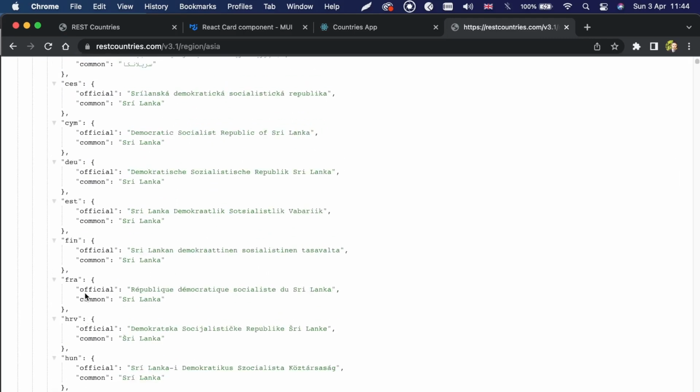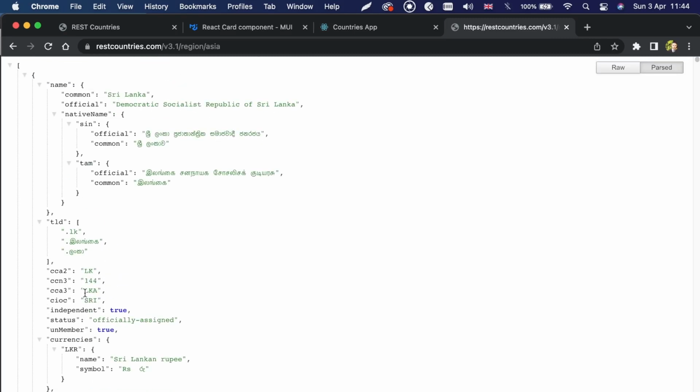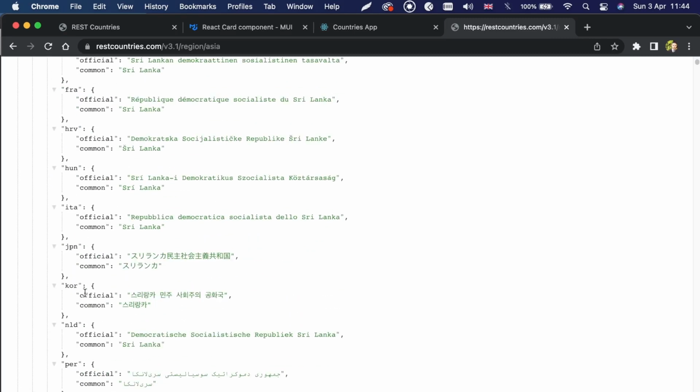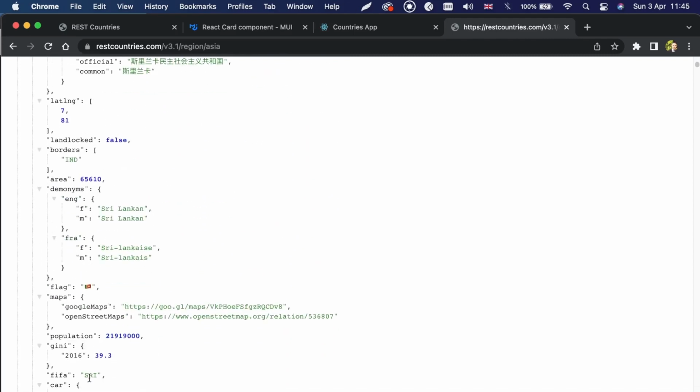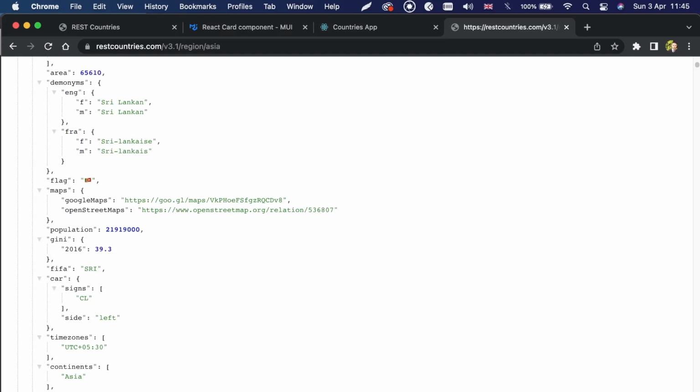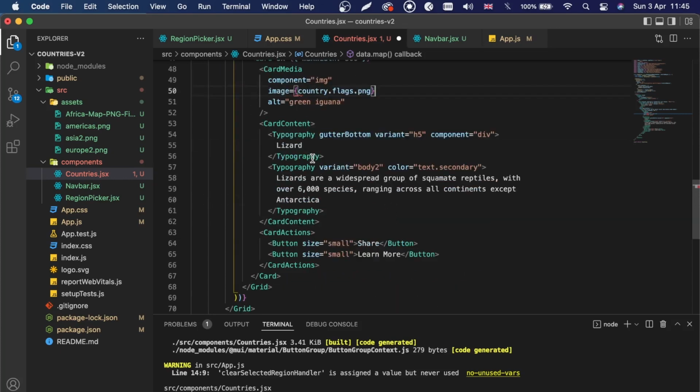Let's find it. Where are the images? The flags. Flag, population, flags. So we have a key called flags, and then we have PNG image. Okay, we can just say country dot flags dot PNG,